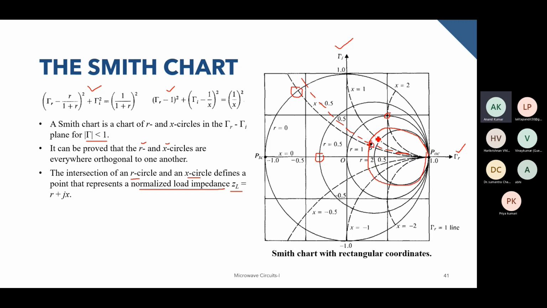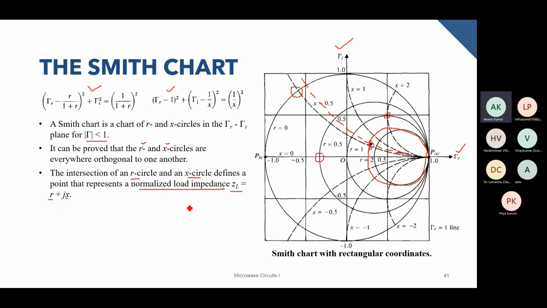So for any point you can find the R circle and the X circle, and if you find these circles, you'll get the values of R and X. And you can write that point as ZL equals R plus jX, and this particular point gives you the normalized load impedance